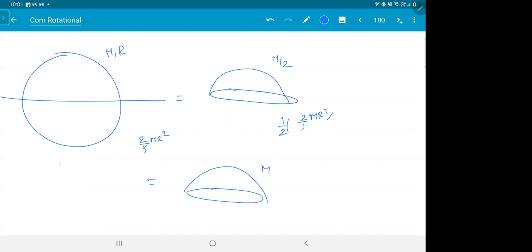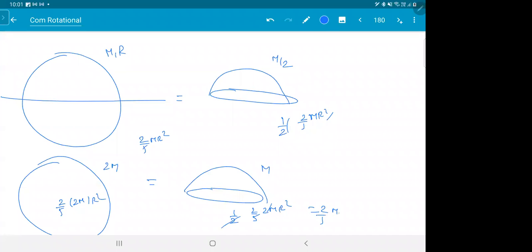So full sphere का mass should be how much? 2m ना? Are you getting my point? अगर half hemisphere का mass is m by 2 ना, what you said was right. You should have got half only. But for the hemisphere, you took double the mass. So this will be moment of inertia how much? 2 by 5, 2m r square, इसका half ना? So 2 by 5 m r square only. Are you getting what I'm trying to show?